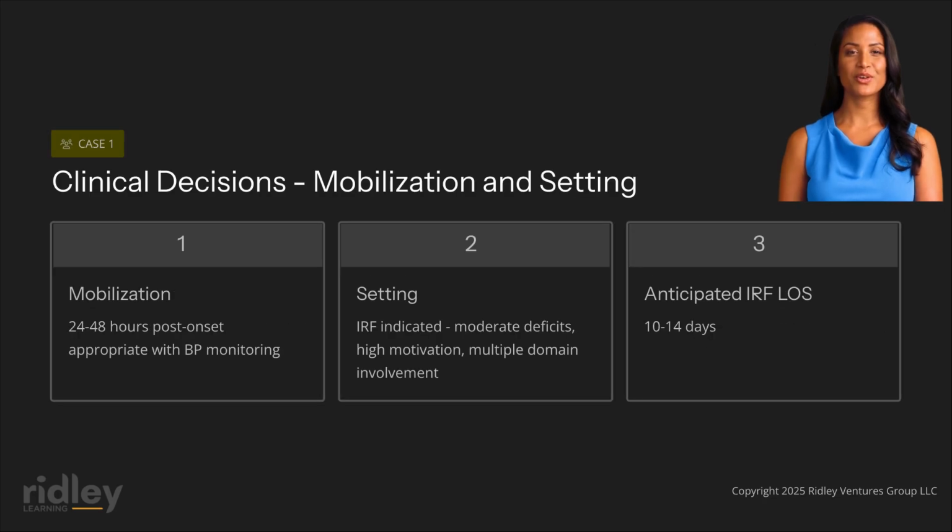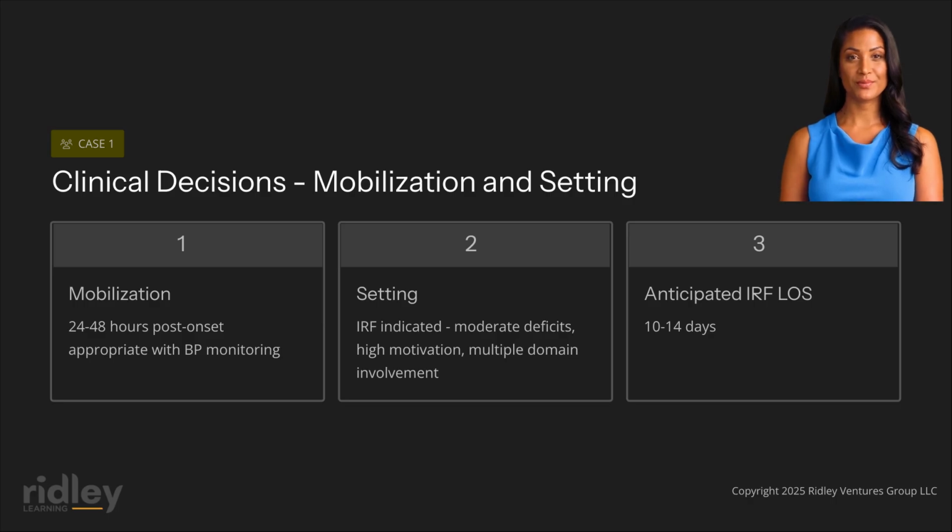Let us now consider the first clinical decision point. When should mobilization be initiated for Mrs. Chen, and what precautions should be observed? Current evidence supports mobilization beginning 24 to 48 hours post-stroke for hemodynamically stable ischemic stroke patients. Although Mrs. Chen received thrombolysis and thrombectomy, successful recanalization with minimal residual infarct and no hemorrhagic transformation supports early mobilization